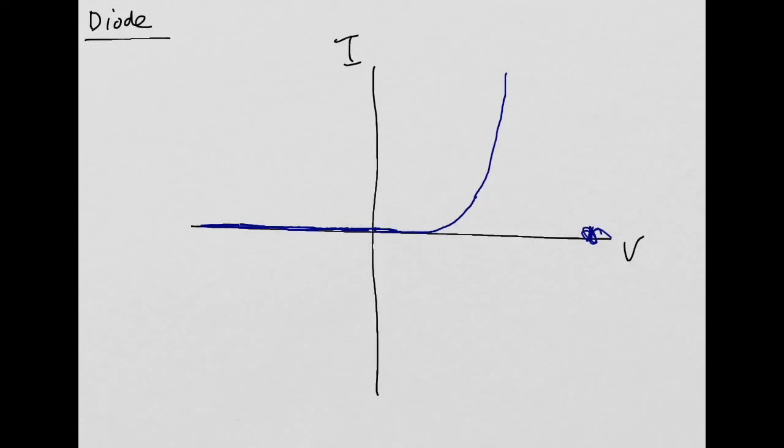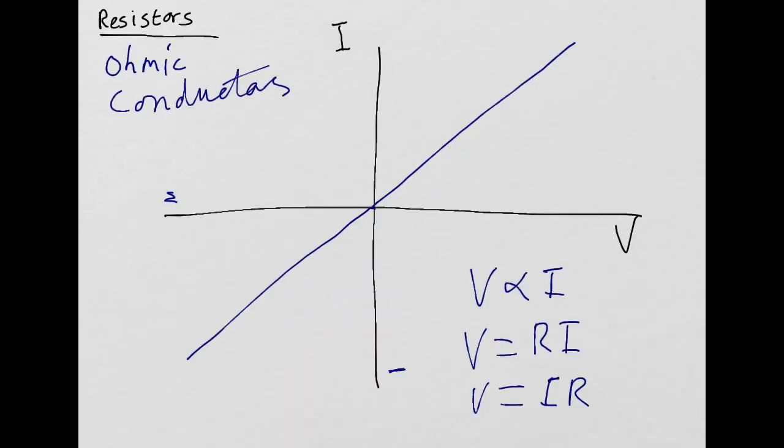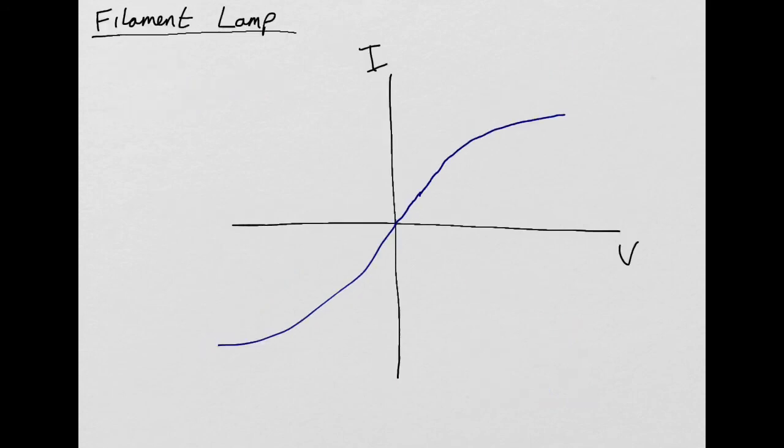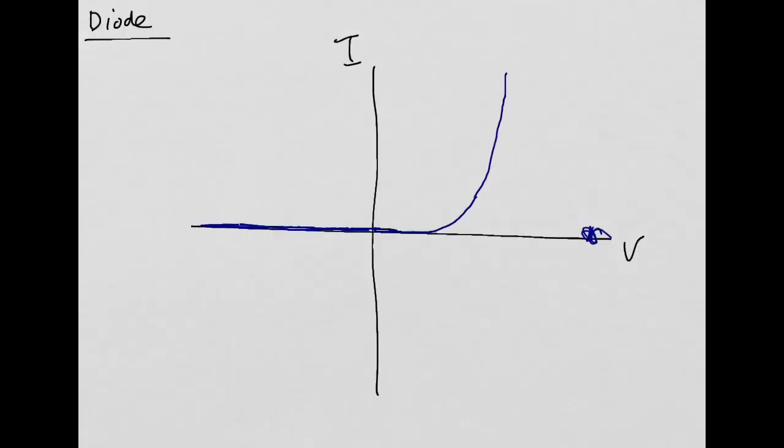So just to summarise, you've got the resistor, a straight line through the origin. You've got the filament lamp, a curved line through the origin, flattening as you go higher up through voltage. And then the diode flattens completely under negative bias, but under positive bias, it will